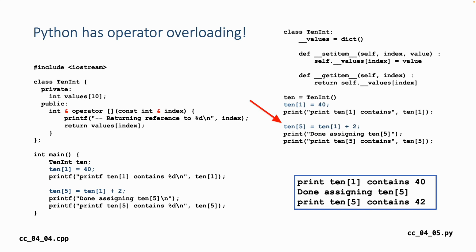Python basically has the left side and right side assignment of bracket lookup operators different. And the setItem is the left-hand side, and the getItem is the right-hand side. You'll see that in the setItem, I'm just taking self values, subindex equals value, and in the getter, I'm returning self underscore values subindex. So that's the right-hand side. So if we look at the code, I see, let's make a TenInt on the variable ten. ten sub 1 equals 40. Now Python transforms that ten sub 1 syntax into a setItem of ten, comma the number 1, comma 40, and then calls setItem.